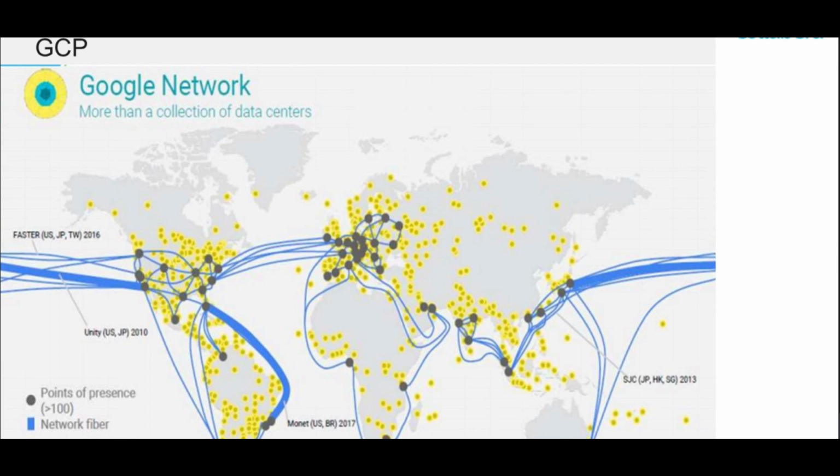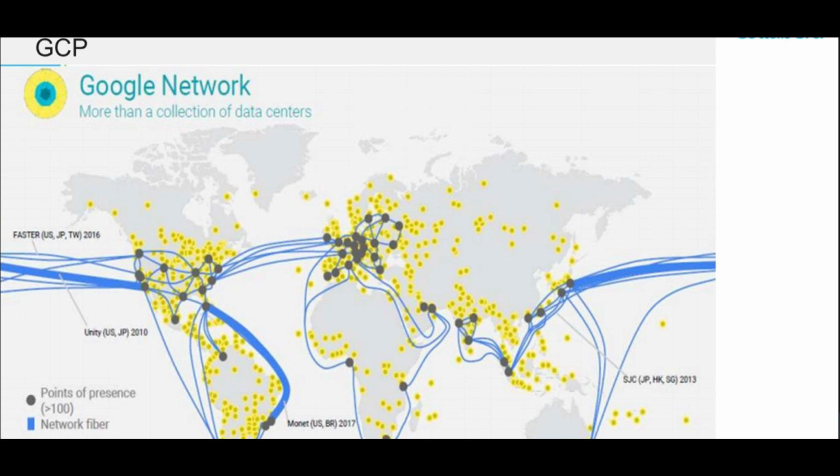Now this is a Google network. And you can see how the dots that are present are the points of presence. The black dots, which you can see, are the POPs, the points of presence. And using network fiber, all these are interconnected.